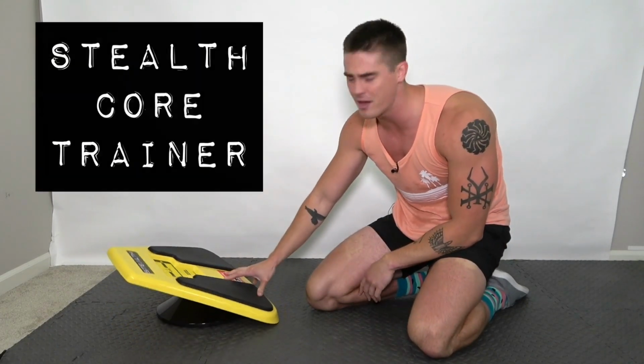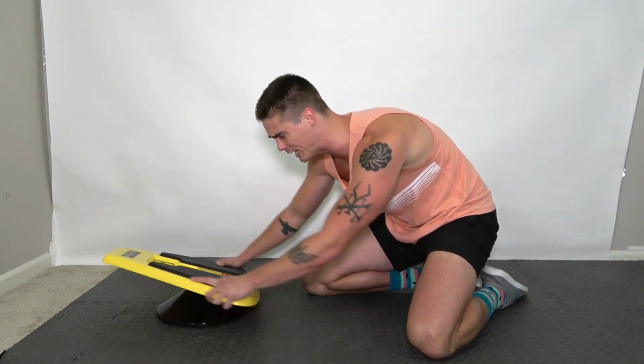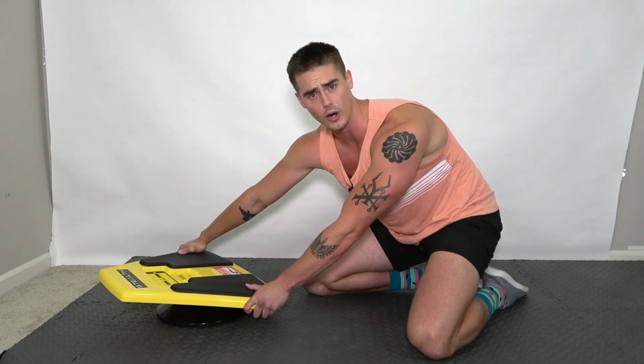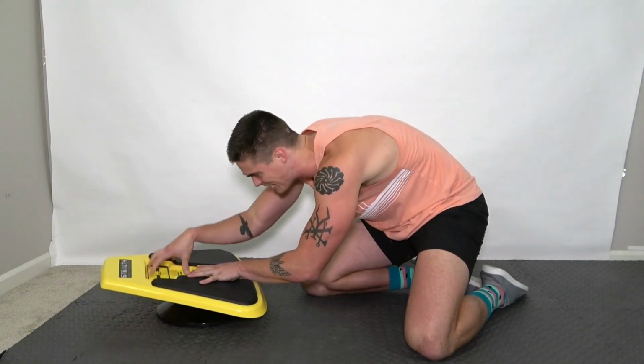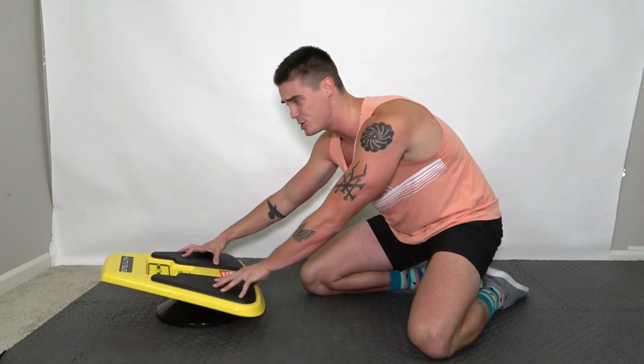Today we're gonna be talking about the Stealth Core Trainer, which is essentially a gamified way to train your core and to spice up your workout away from traditional planks and boring core routines by incorporating an app with games on it that you can place your phone literally right here in the center and play video games as you're